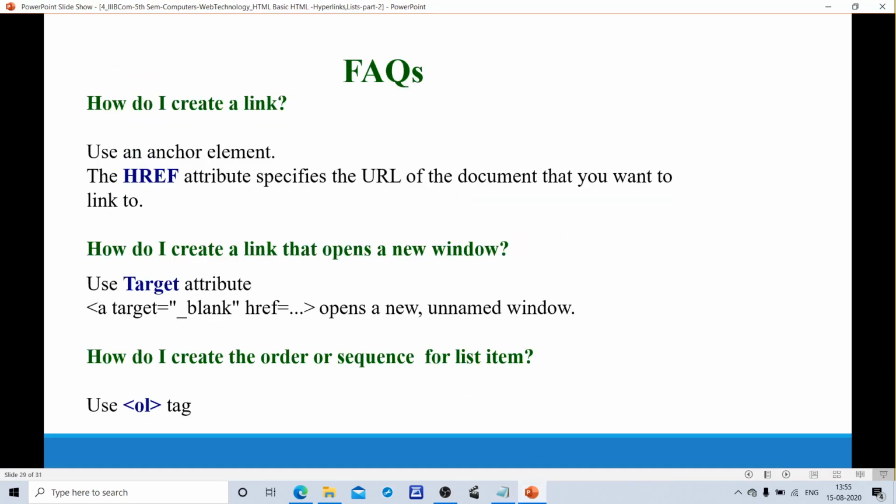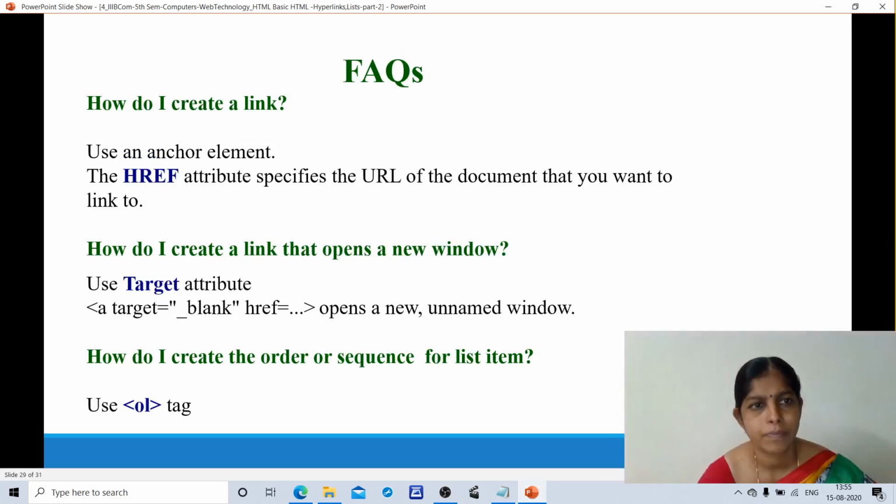These are the frequently asked questions. How do I create a link? By using an anchor tag. With the help of the href attribute, you can specify the URL of the document where you want to link. In this way, we can create our link. How do I create a link that opens in a new window?